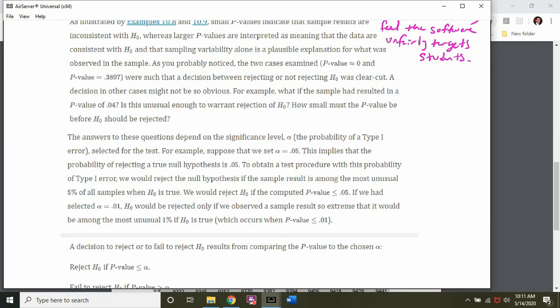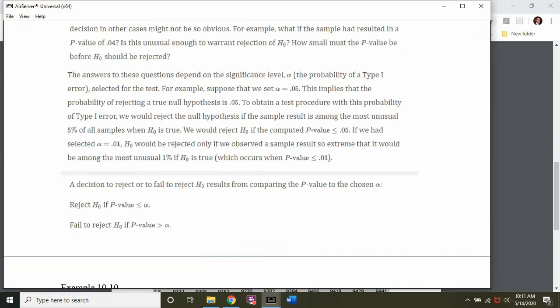If we had selected alpha at 1%, H sub 0 would be rejected only if we observed a sample result so extreme that it would be among the most unusual 1% of the time if the null hypothesis was true. A decision to reject or fail to reject the null hypothesis results from comparing p-values to the chosen alpha or significance level. We reject if the p-value is less than or equal to the alpha level, otherwise we fail to